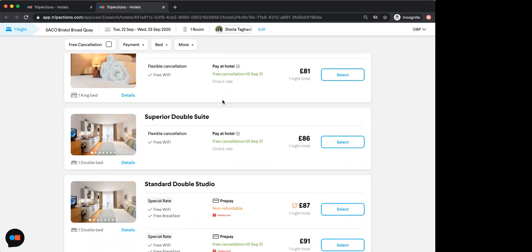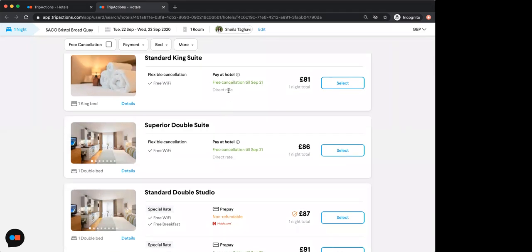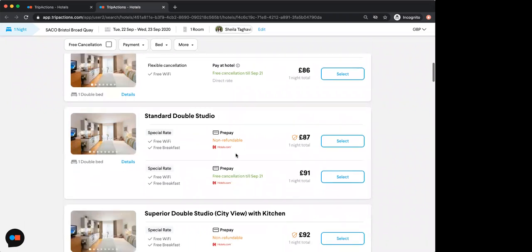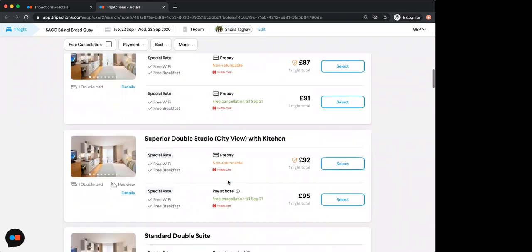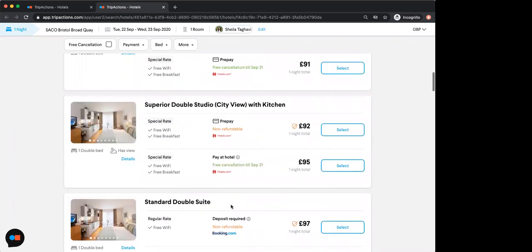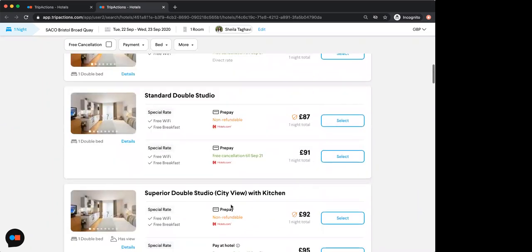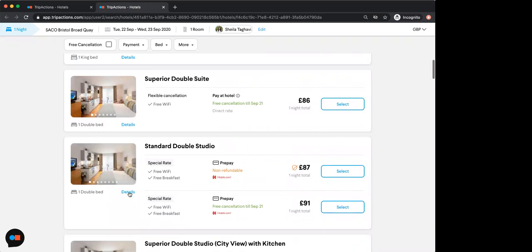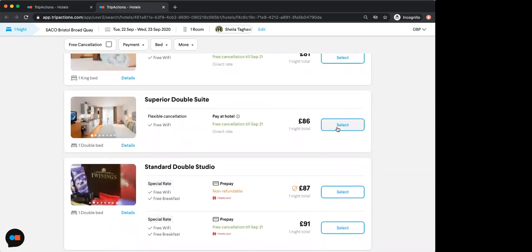You can also see where we're getting the inventory. So this is a direct rate, meaning we're getting it directly from the hotel. This is coming from hotels.com. You might see booking.com. Yep, there's booking right there. So it gives you basically everything you need to know about where these are coming from, more pictures, all of that. So if we hit select, let's say,